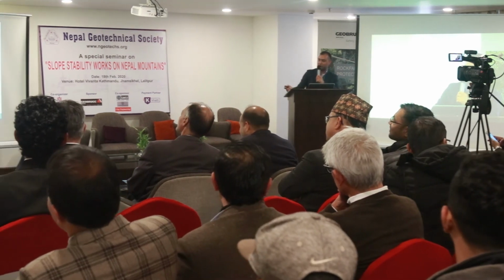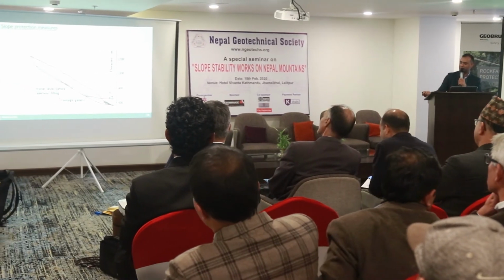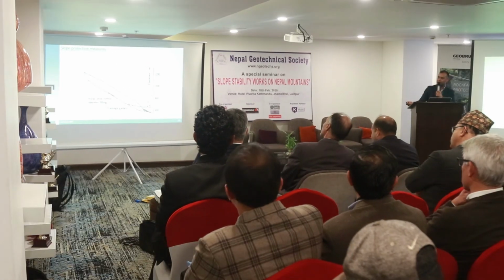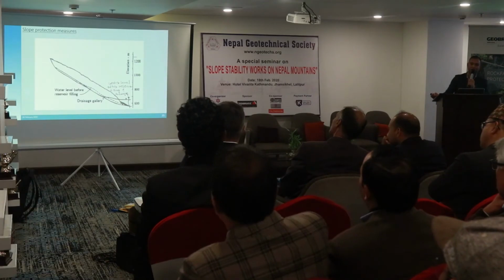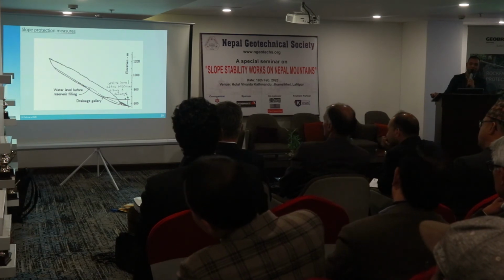So I will come to this one. This has one particular thing. This is again the slope of the Dutchman Ridge. There was a big question, why is it moving 6 to 7 millimeters per year but didn't fail? Most people's analysis was that it was because of this toe weight. If we remove this one and just analyze the slope, then we get a factor of safety less than 1.